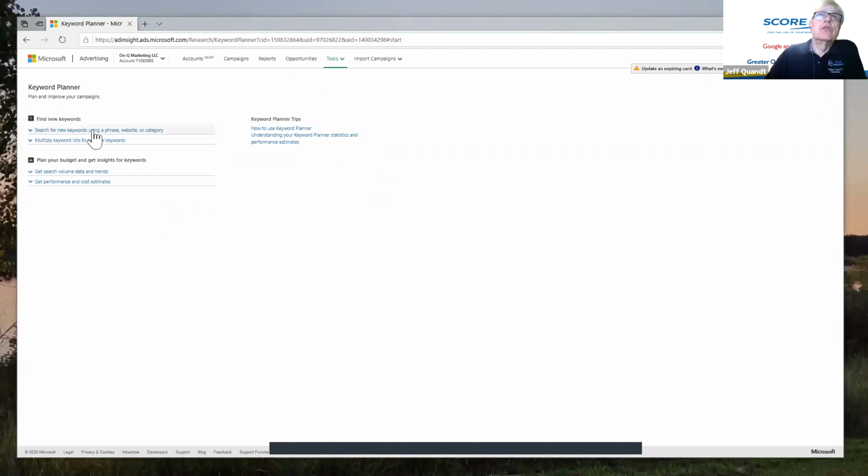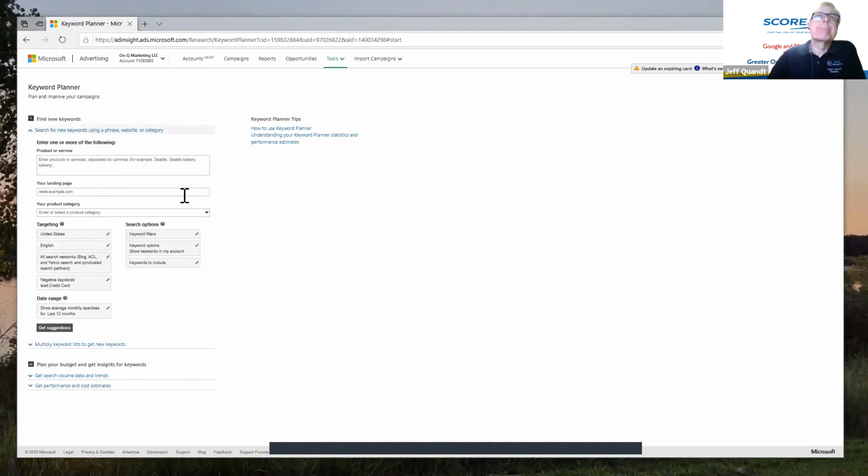So if you search for new keywords using a phrase, website, or category, that's one of the things where I said this is where you can get related keywords. Or if you wanted to get search volume data and trends on a specific keyword list, this is where you would go. So let's start here, okay? And for product and service,